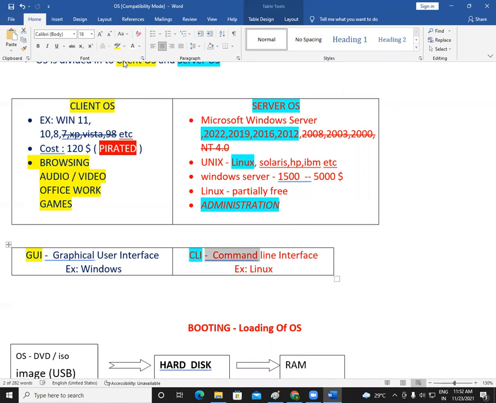Whenever they use Windows, they feel Windows means it is all about graphics. But again, the Windows Server operating system can be configured by using commands also. We'll see those commands. It will take one class to see all of them. There are around 40, 45 commands I have added, and we will see them when we go with the administration part. So GUI and CLI, these are the two interfaces available.